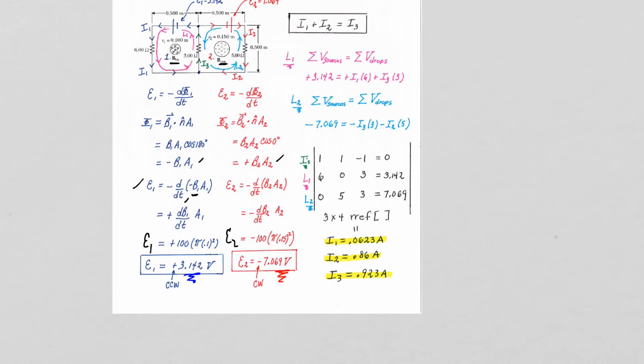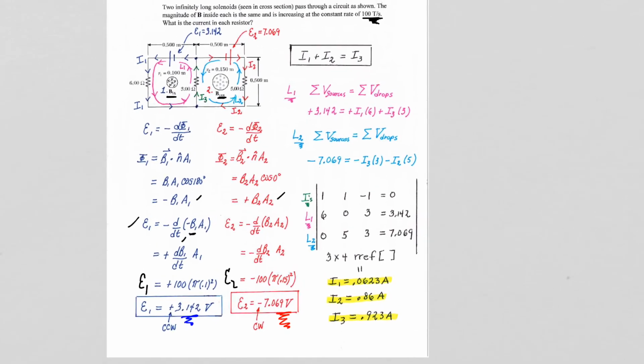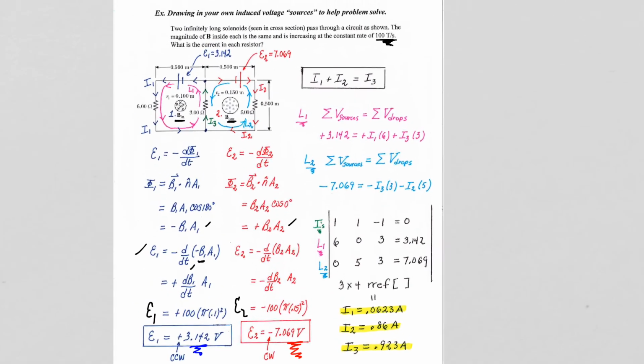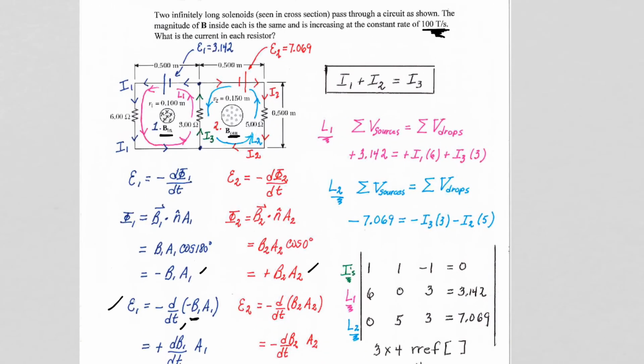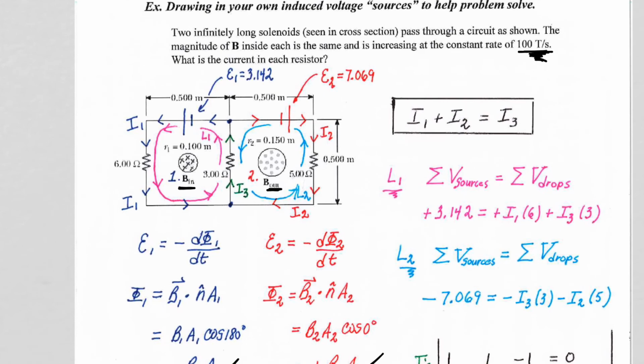And now to finish solving the problem, we very quickly get to a couple of Kirchhoff voltage loops, because what we are going to do is use Lenz's law to look at the problem and say for section 1, the B field is going into the paper and increasing,